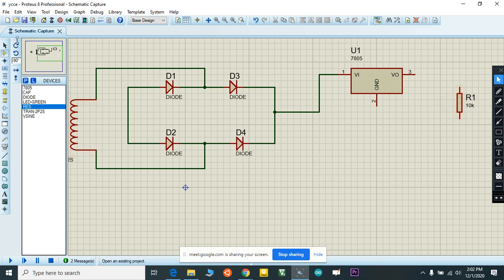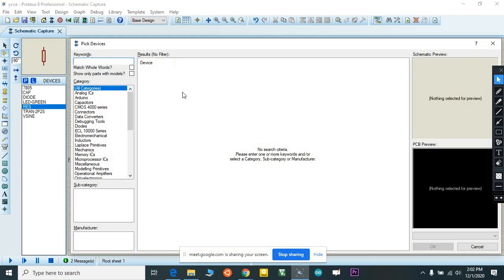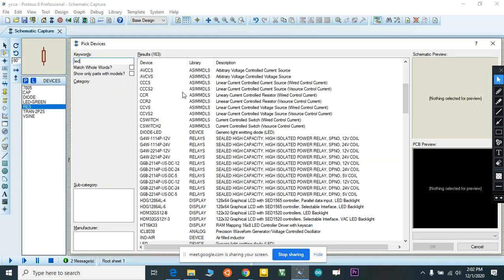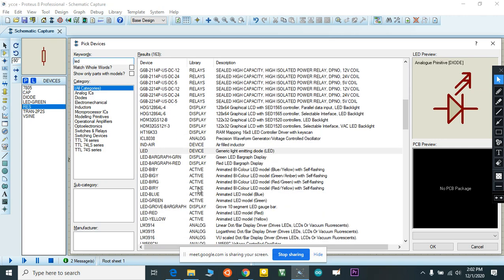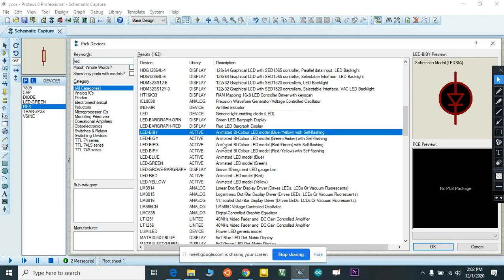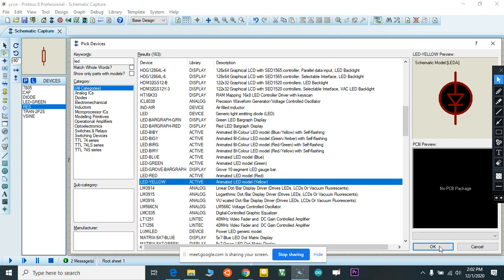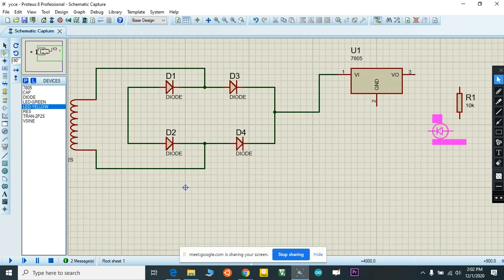Then LED, I just select yellow LED, LED Y. I rotate my LED.